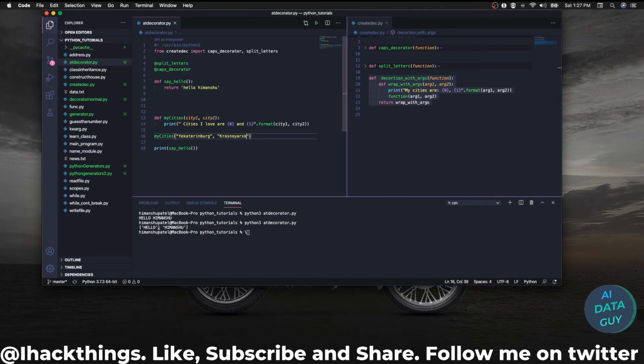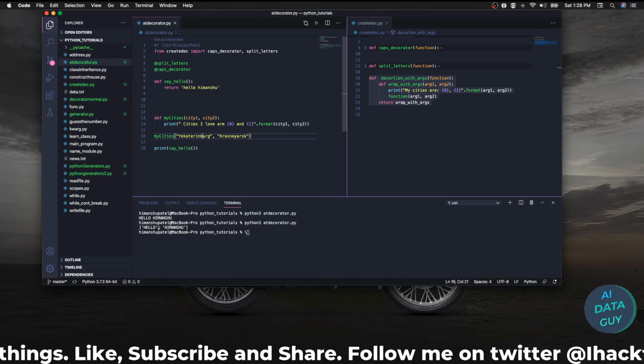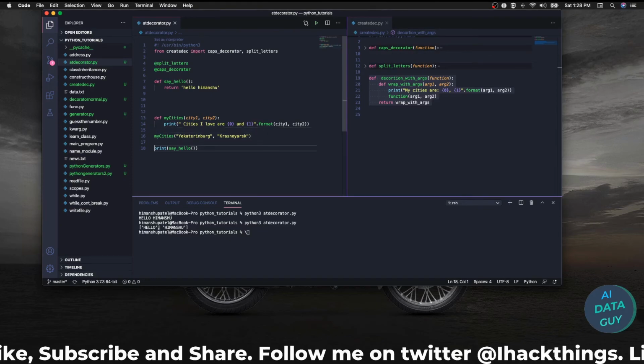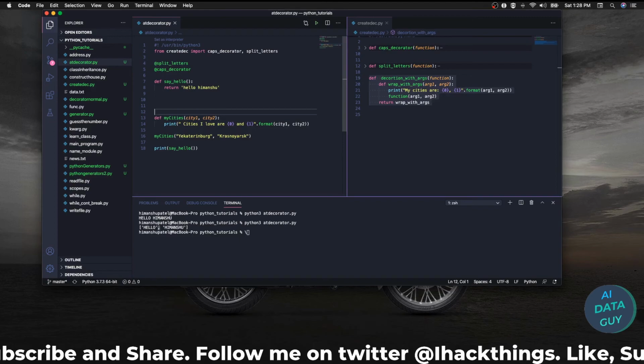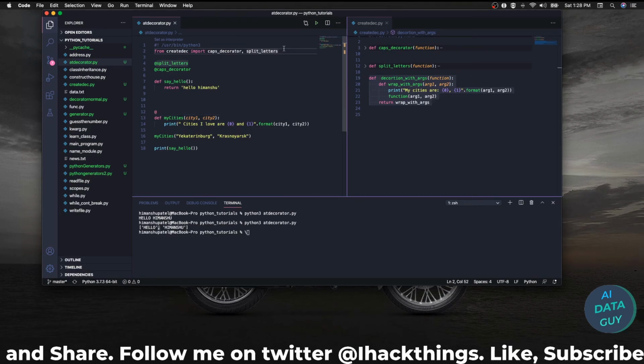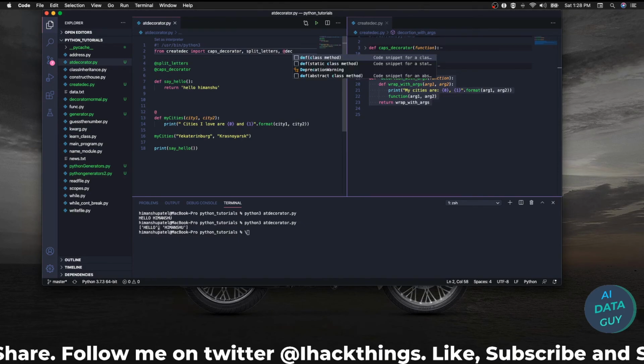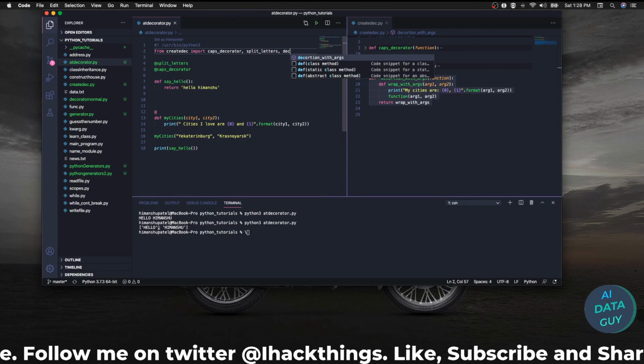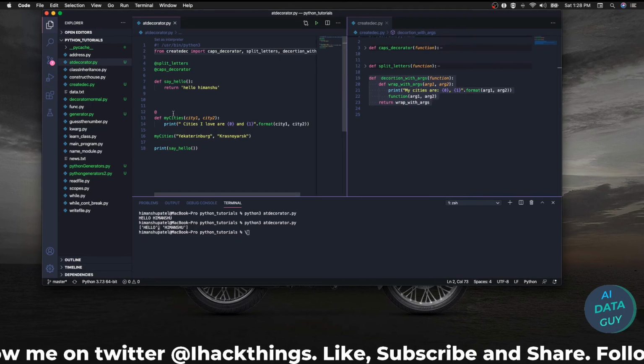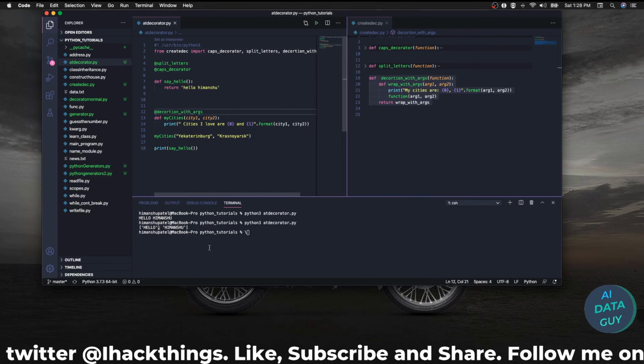So these are my two cities, and because it's print over here, I don't have to worry about this. Now I will use my decorator. I have not imported that yet, so I will say add decorator with args. I will just use my decorator here, decorator with the args, and then if I hit this,